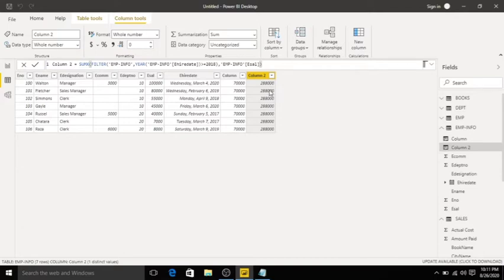See, the total salary pending for those who joined after 2018.